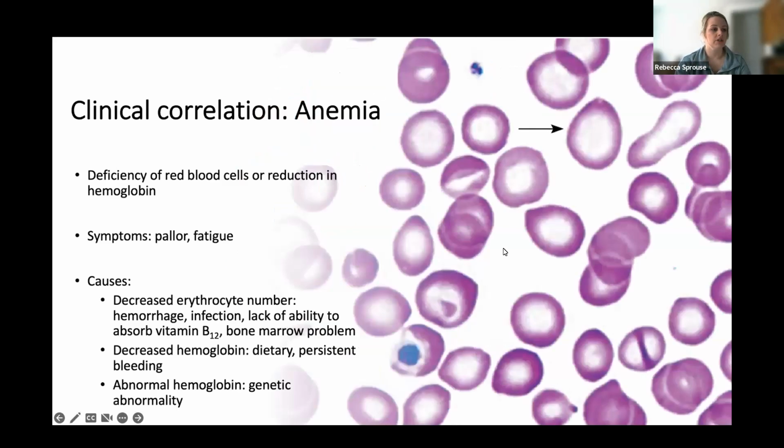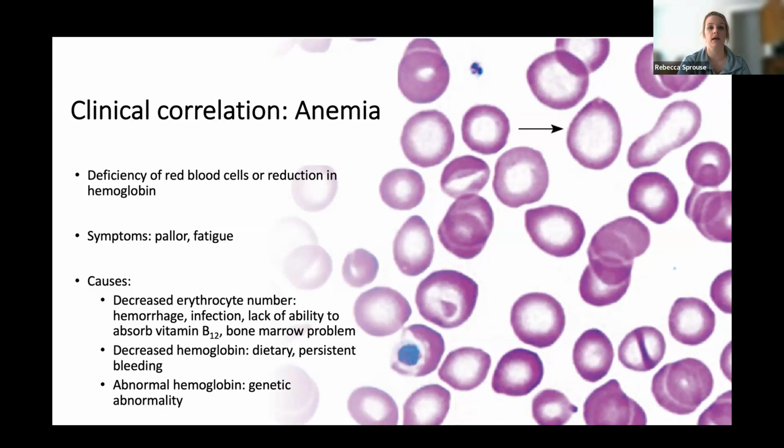So clinical correlation here that we may talk about is anemia. There are different types of anemia, but one might be a deficiency of actual red blood cells, so we don't have enough. But maybe we have a reduced amount of hemoglobin on those red blood cells, and those red blood cells, we might have enough, but they don't have the capacity to carry the oxygen that our body needs. Common symptoms, this is not a full list of symptoms by any means, but two very